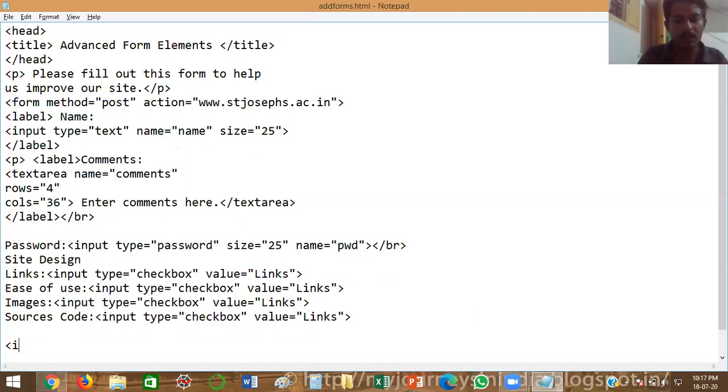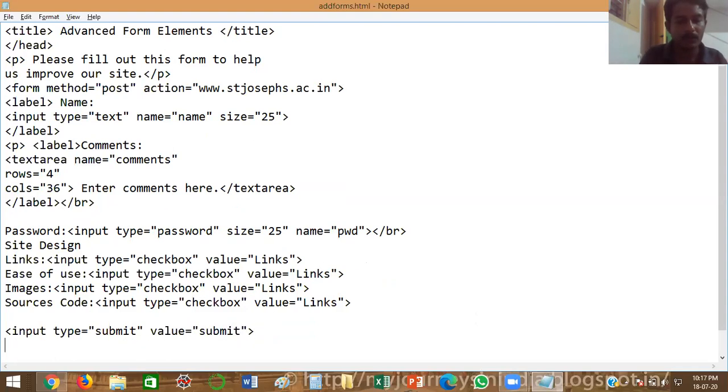For the submit button, you can use input type equal to, in double quotes, submit, and value equal to submit. If you want to clear, use input type equal to reset, value equal to clear.